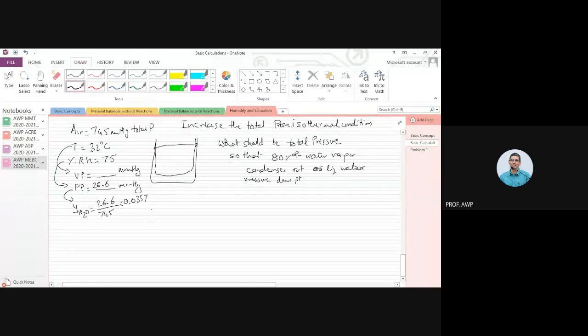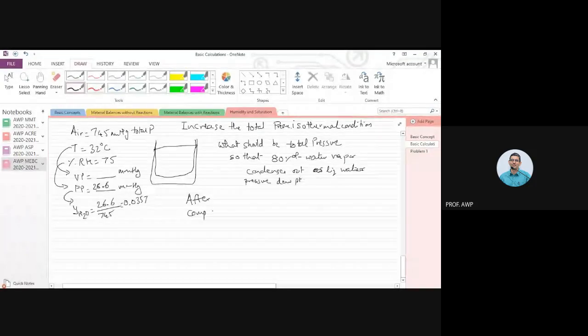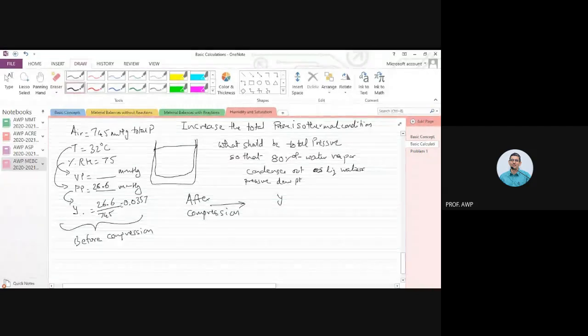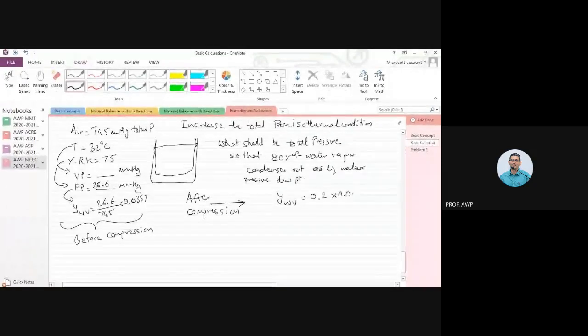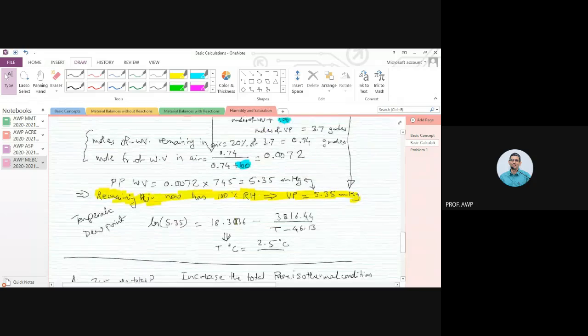So maybe what you are saying is after compression. So this was the situation before compression. Compression means increase in pressure. Now after compression, you are saying water vapor would be 20% of this number, 0.0357. Okay, so it is the same thing Prajot was doing, except that rather than taking a mole fraction, he was taking a basis of dry air. Now you are saying your basis is